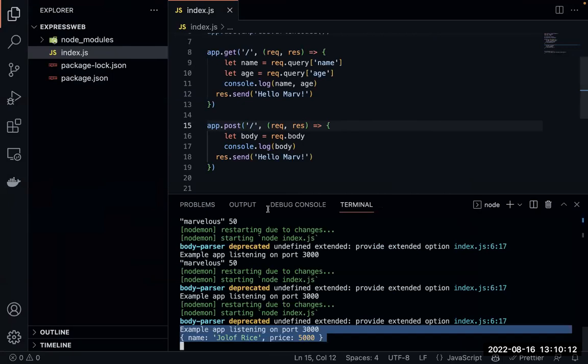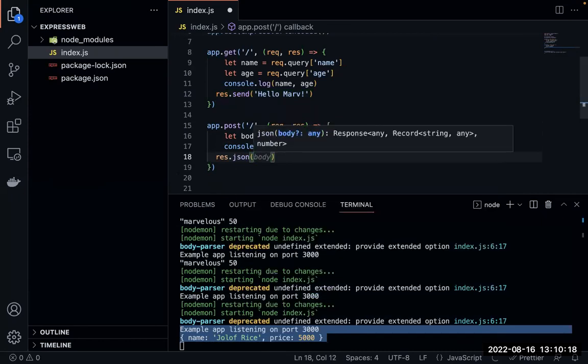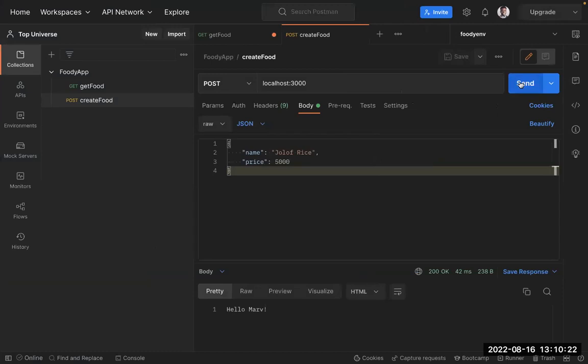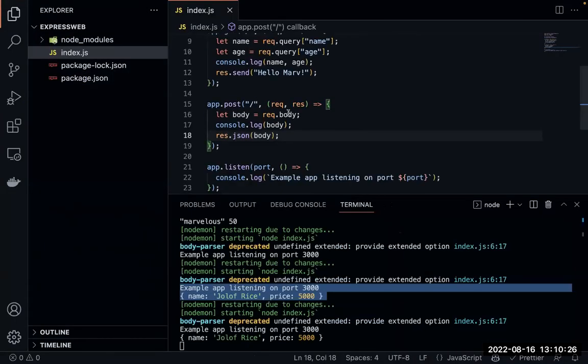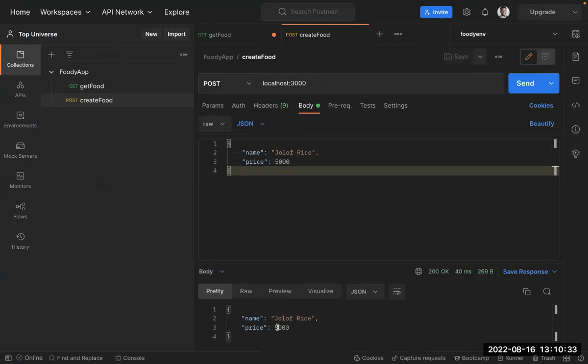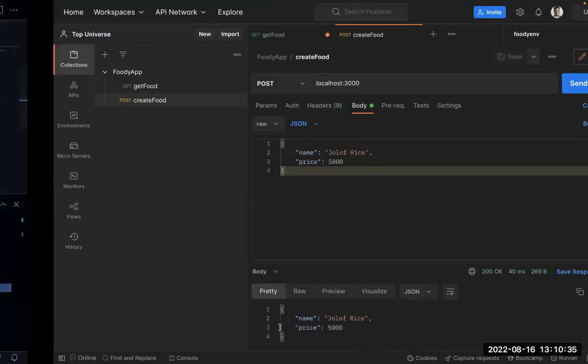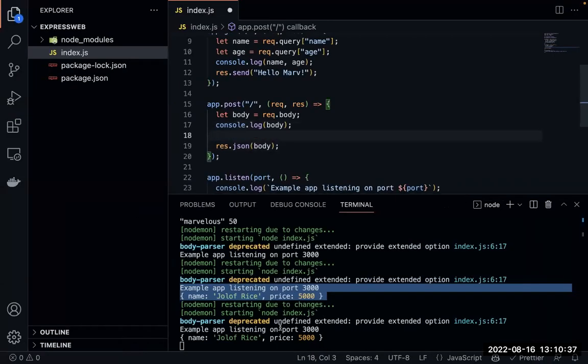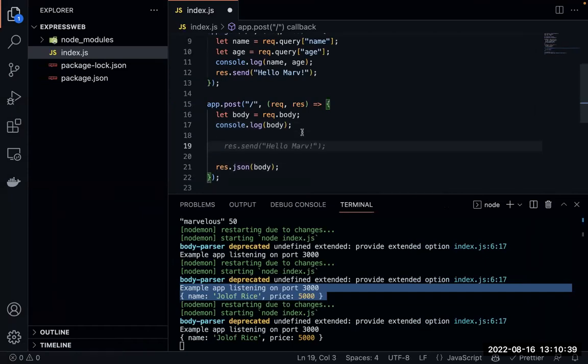And we're able to work with this item and even send feedback. Instead of sending hello world, we can just say res.json, and we're going to send the body right back. If I save this, we can do that again, send, and we'll get what we sent in. We can decide to play around with the body. We can construct a new body, or we can say every price that comes in, we want to attach a discount. So we can attach a discount by simply saying let discount